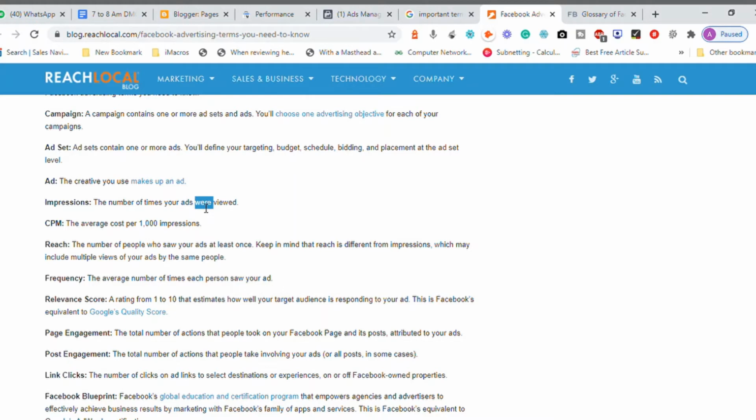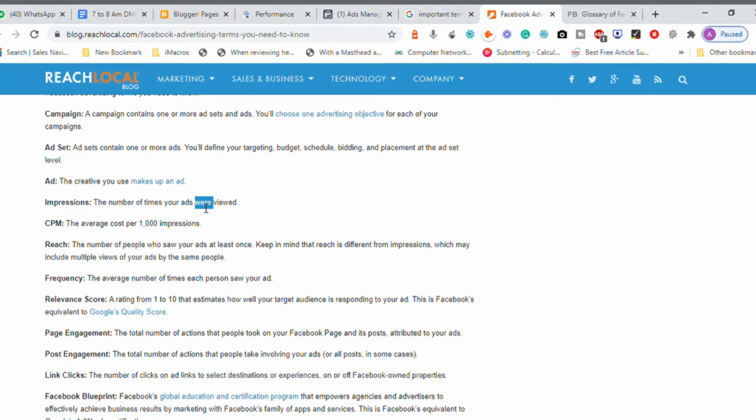If the impression is shown to more people, the way in which we pay money for it is called the bidding strategy, and there is one bidding strategy called CPM. In general, this term is expanded as cost per thousand impressions, which means when your advertisement is shown to 1,000 people, I'm willing to spend some money for it. The average money that I'm willing to spend for showing this advertisement to 1,000 people, this is the deal here: cost per thousand impressions. Reach, the number of people who saw your ads at least once.